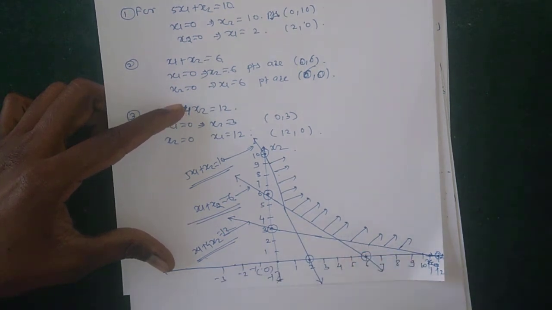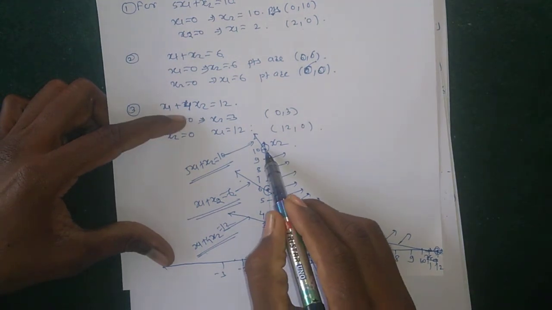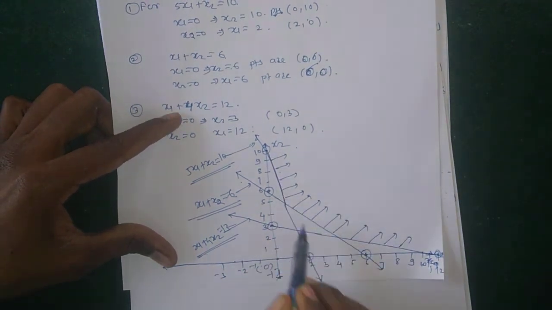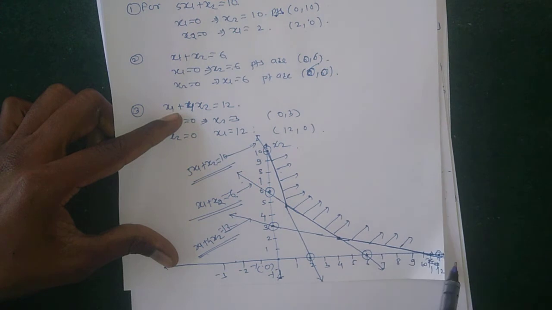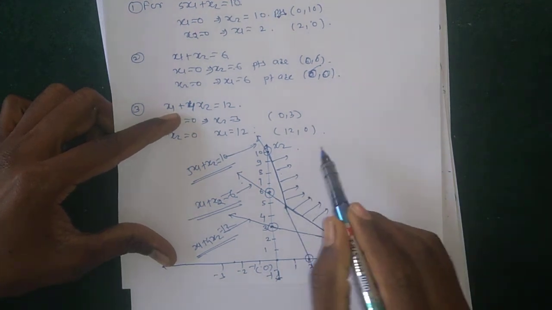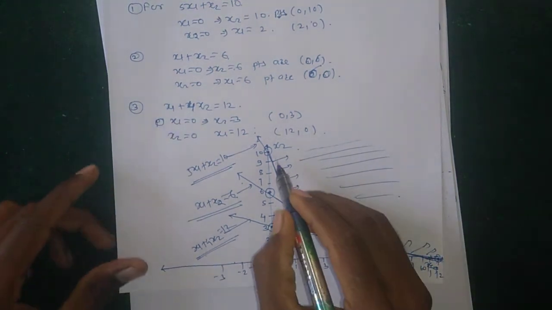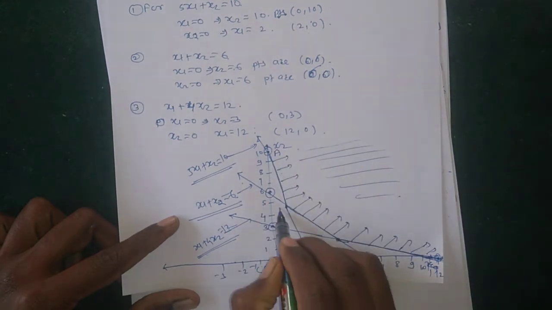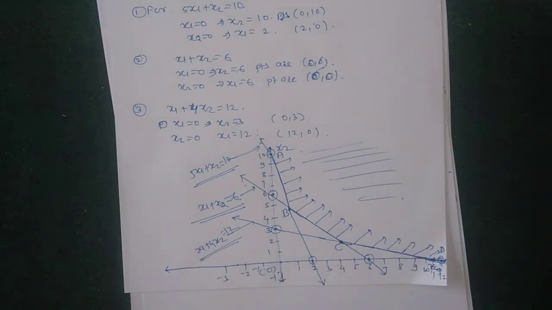Therefore the region must be on the upper side of the lines. Okay, and so this is a common region, this is a common region, and this region is an unbounded region. Suppose the points are A, B, C, and lastly D. Therefore the feasible region